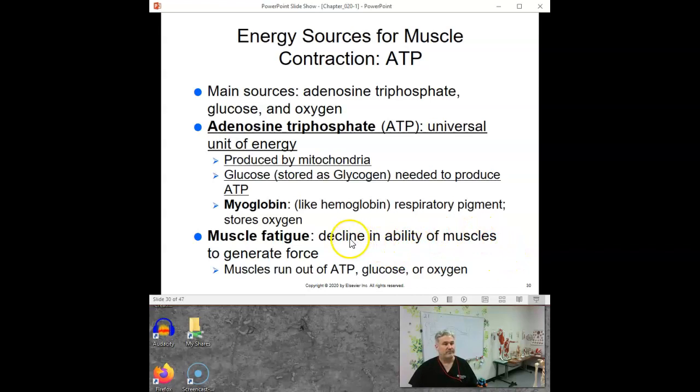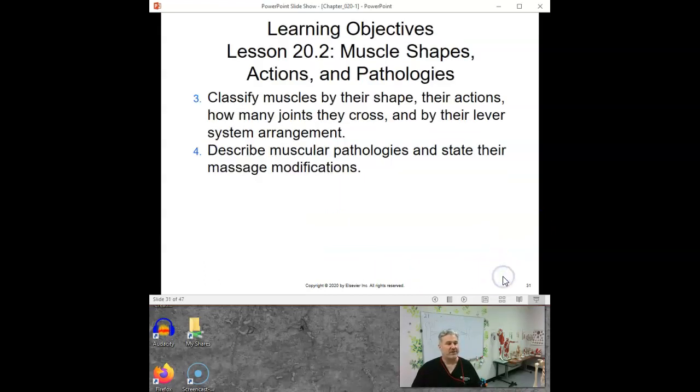Cool. And it was Miss Walker T who asked about muscle fatigue. I already answered this, but I'm just piggybacking on it. The muscle runs out of ATP. Literally runs out of the juice to make it go, and it has to fill back up with ATP. It can run out of oxygen too. Your muscles need oxygen to fire, but they can do some firing without oxygen, actually. They just build up more lactic acid and byproducts when they do, and they can't last as long. But you can do some anaerobic exercise. Okay, cool.